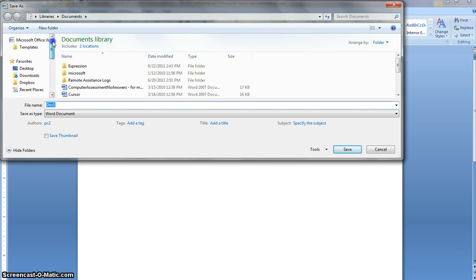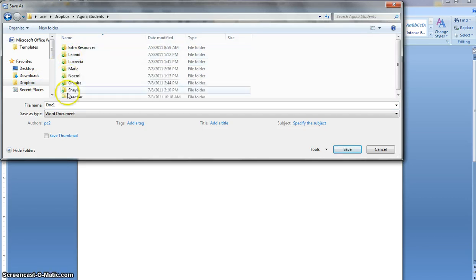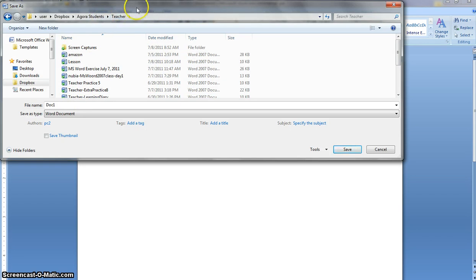The path that I want starts with Dropbox, then Agora Students, and then your own name. Okay, my name here is teacher, so that is my path. Then after I make sure that I have the right path, I make sure that I have the right name for the document. So I'm going to call this